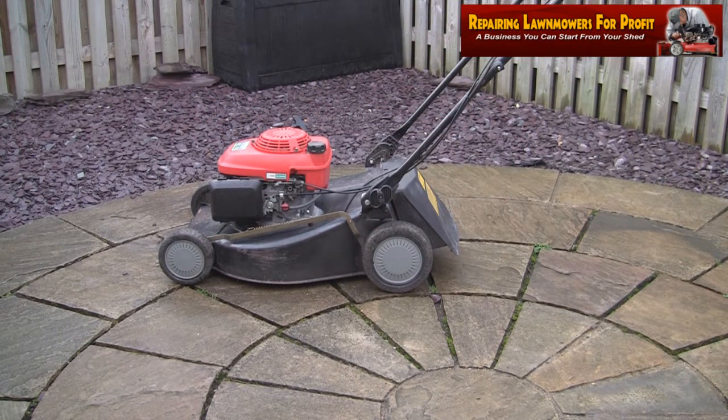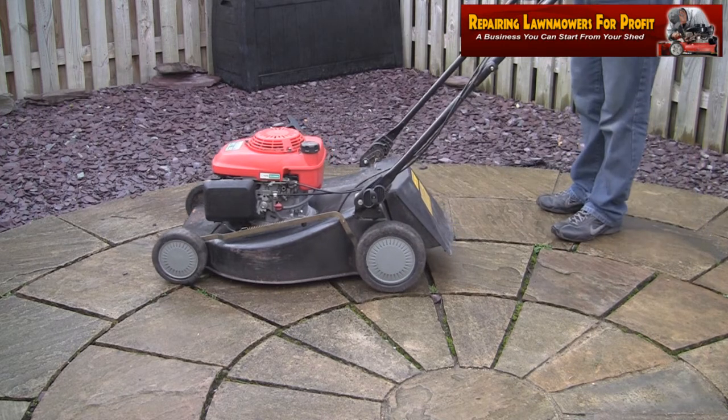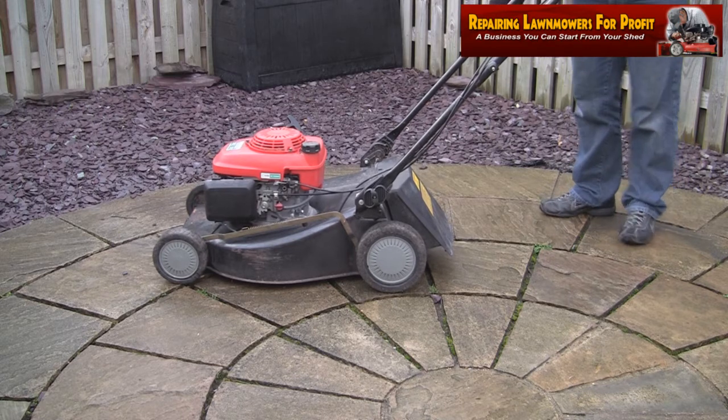I'm only missing probably Escape to Victory or something like that. So let's have a look. Petrol line's on. I've checked this choke's actually opening and closing as well. I've just looked down through the air filter box and made sure that's working. But